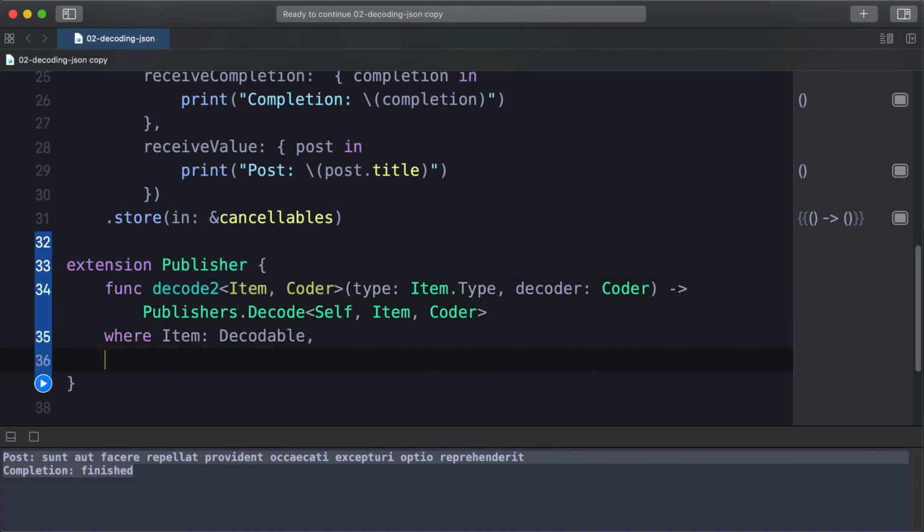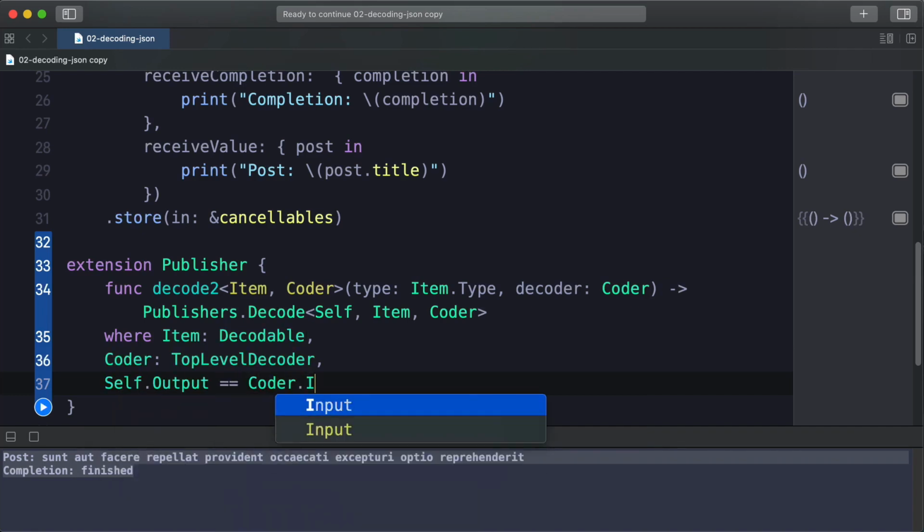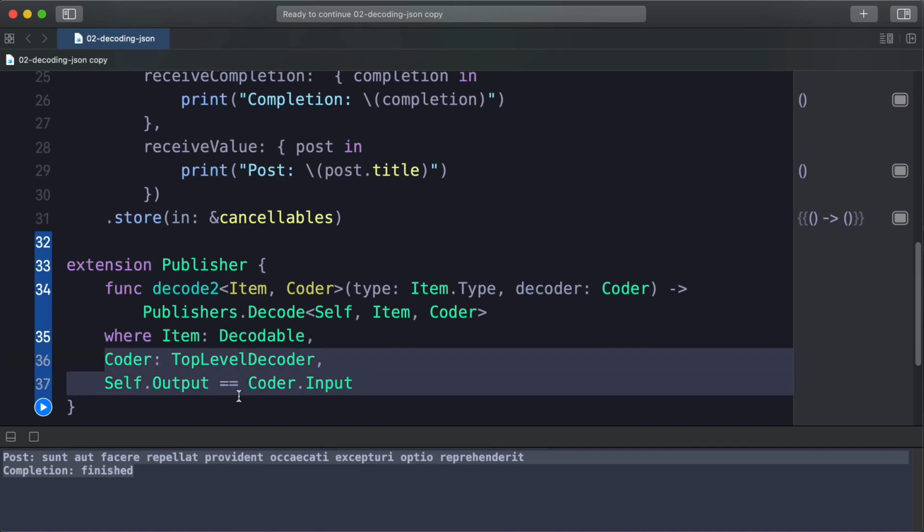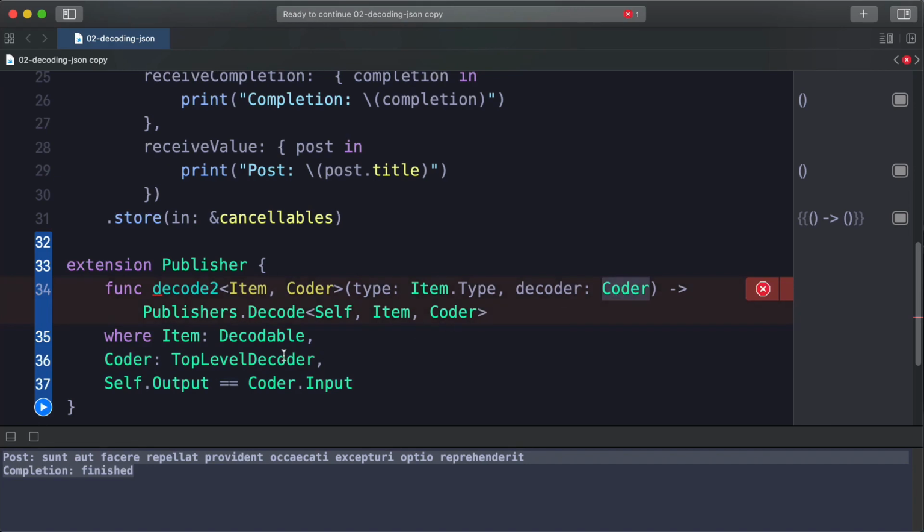And I'm going to put these on their own line. And also where coder is some top-level decoder, and where self.output equals coder.input. And so this is where that constraint is defined. So if we have a coder, which is some sort of top-level decoder that knows how to work with dates, let's say, then the input of this would be a date, and that would require that the publisher that we are attaching to,